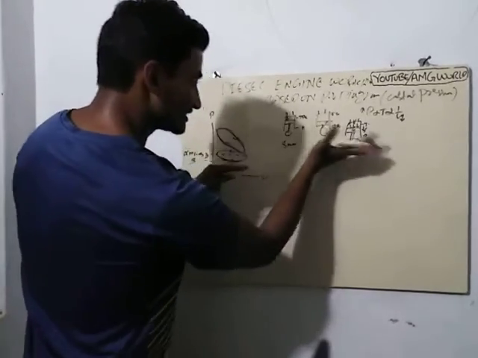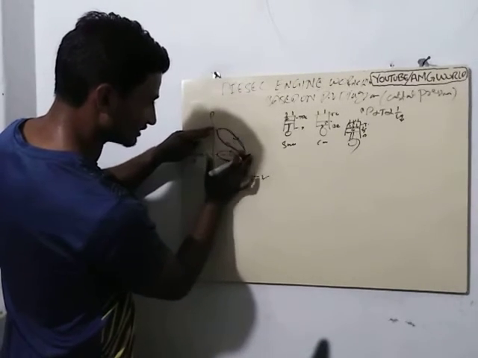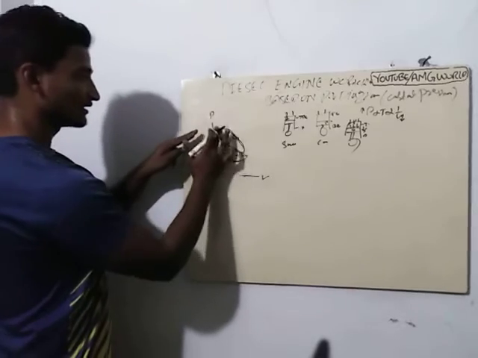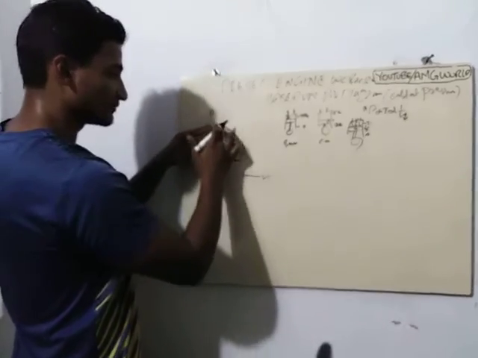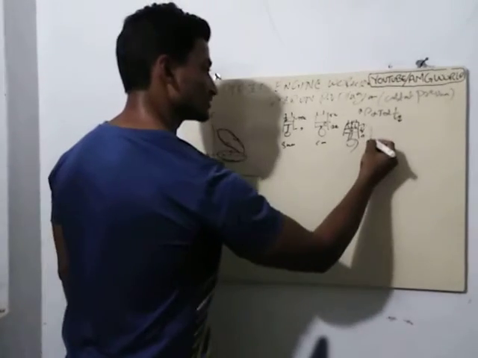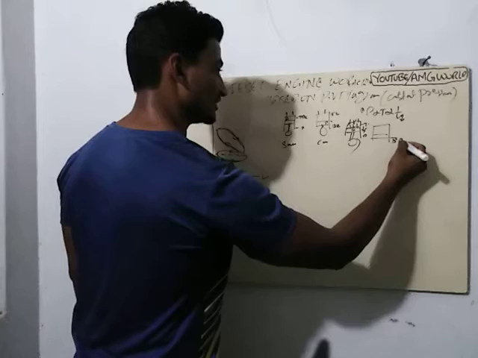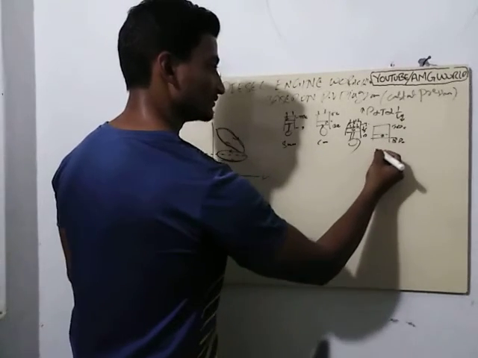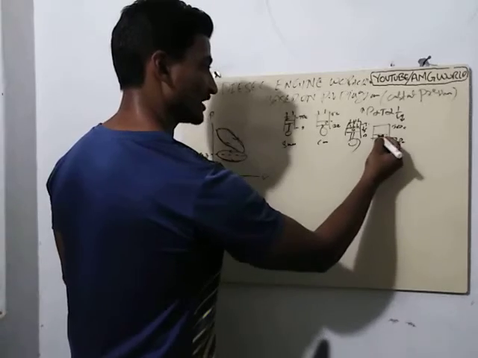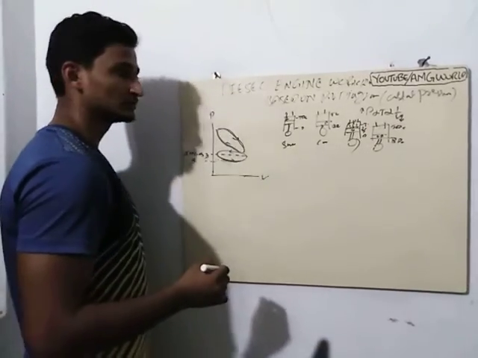Here volume increasing, which means, look at here, volume increasing, right? Here is the point, and volume increasing, and with respect to it pressure is decreasing. And we have the next stroke, which is the exhaust stroke. In this particular stroke, piston travels from BDC to TDC, right? At this condition, we have the exhaust valve opened and inlet valve remains closed, right?